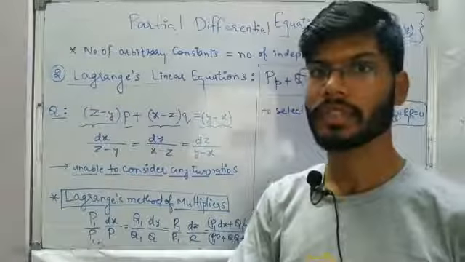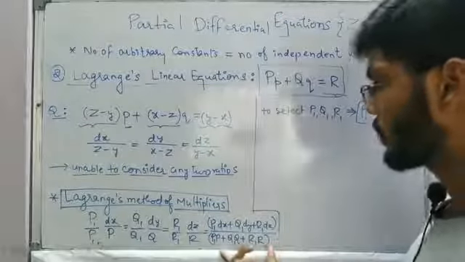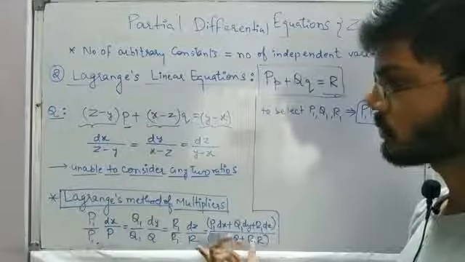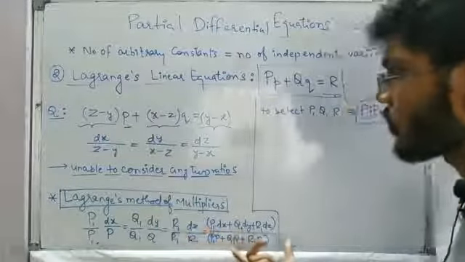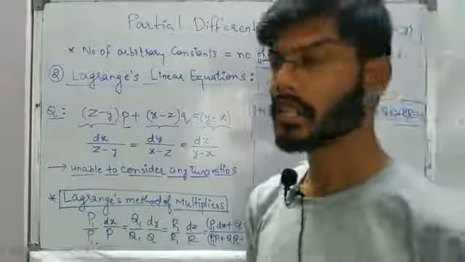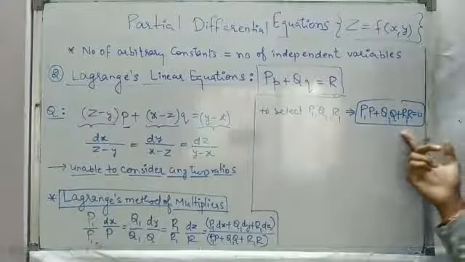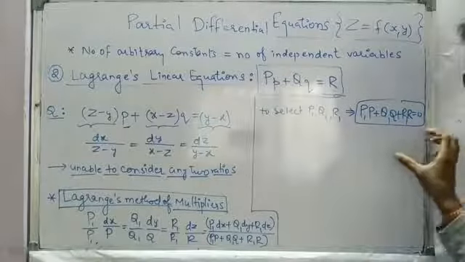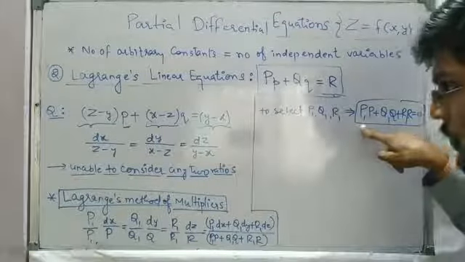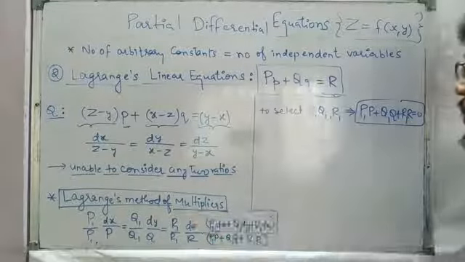As there was nothing equal in the previous case, we have to consider this particular term as 0. So to solve the problem by this method and get p1, q1 and r1, we have to consider this denominator term p1 P plus q1 Q plus r1 R as 0. By making use of this, first we have to calculate the multipliers, that is, what all the possible multipliers are, so that we can make use of them.